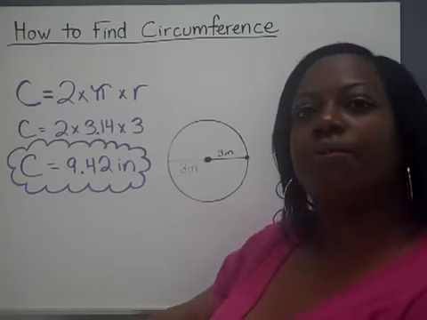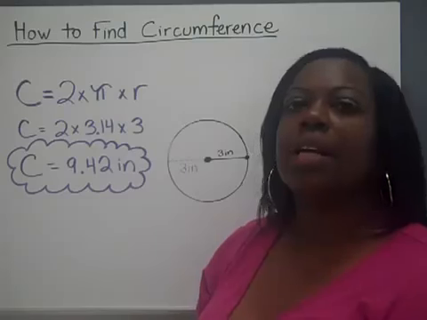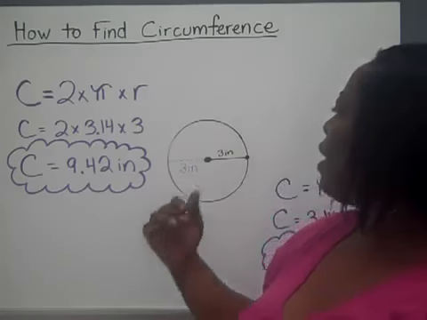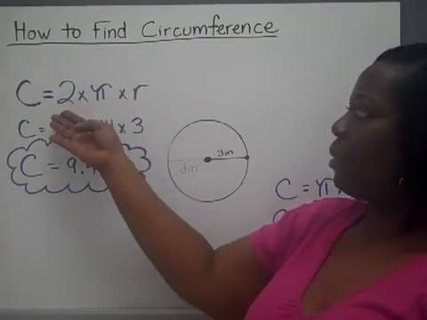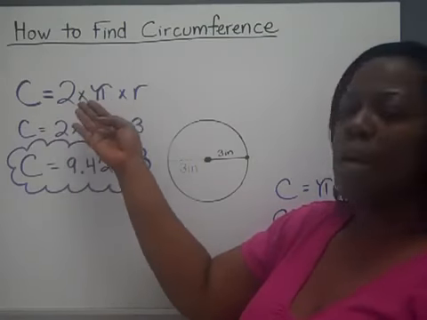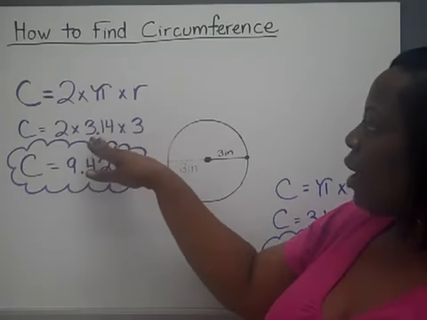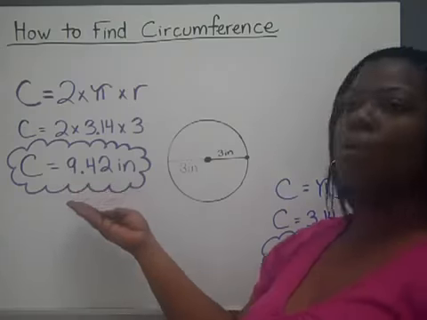Now, how to find circumference. Many times they will give you a circle and ask you to calculate the circumference. There's actually two formulas you could follow. If they gave you a circle and the radius, you may use this formula. Circumference equals 2 times pi times radius. You'll simply plug in pi and the value of the radius, multiply the three values in order to figure out